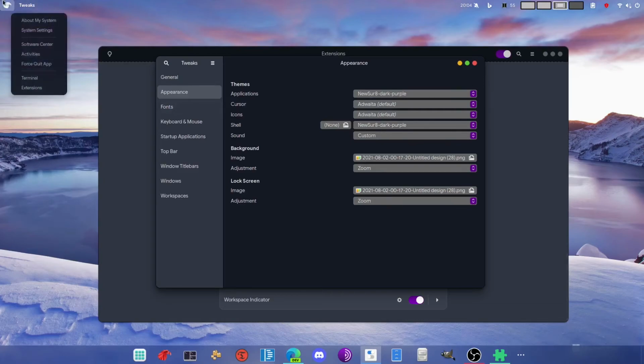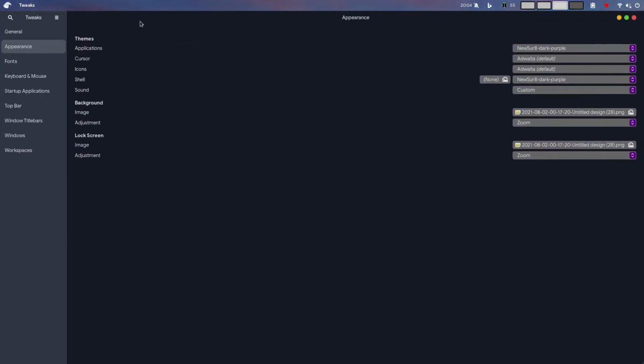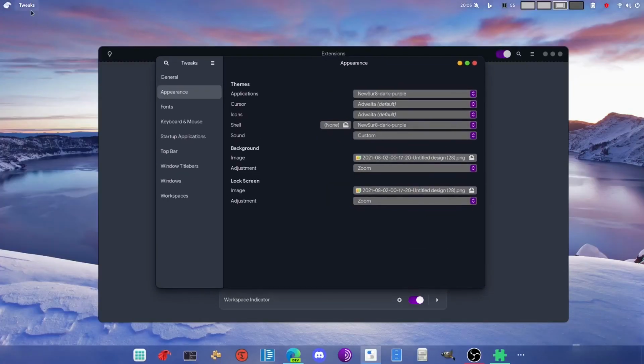This is the tofu menu. Okay, just a simple menu. And this is the panel transparency. So if I maximize a window, you can see it gets a bit darker, so it's not completely transparent. But if it's not full screen, then I want it to be completely transparent, so that looks better.